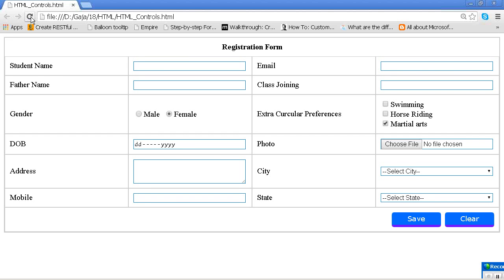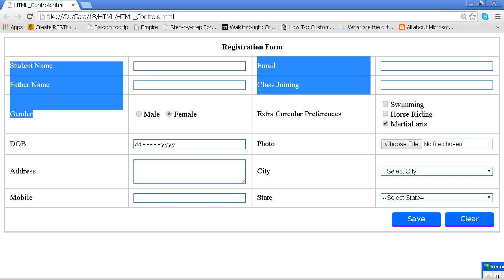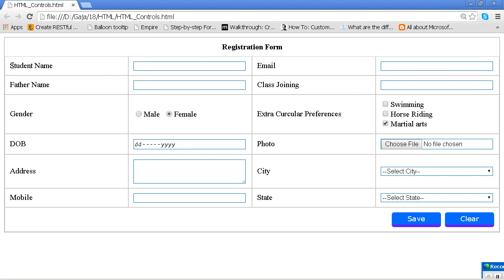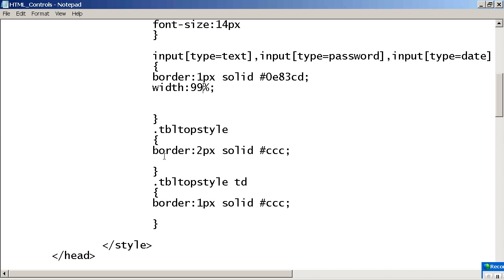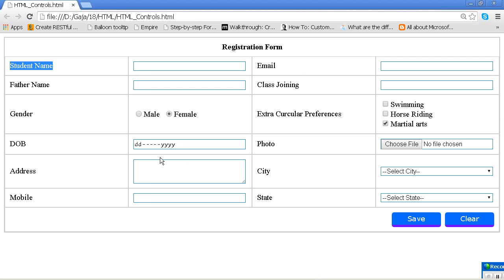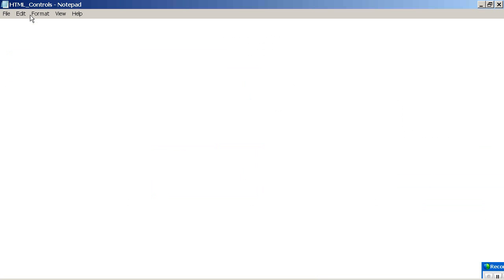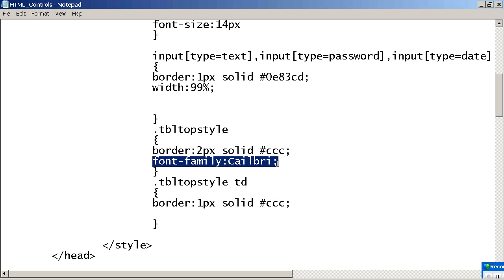Now what I need to do is change the text size of all this. Then where do I need to write the size? In table or TD? Okay, I will write here. What will happen? Has it changed? No, because it gives the style only to the top table.